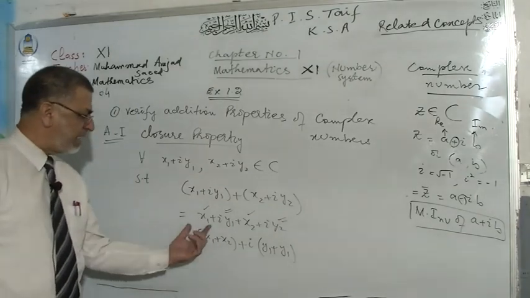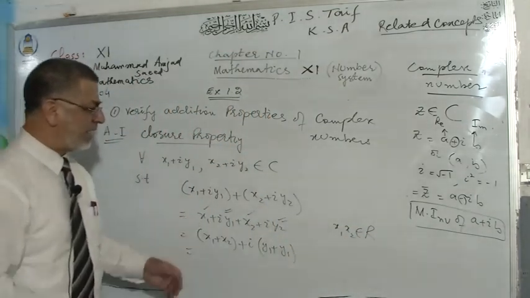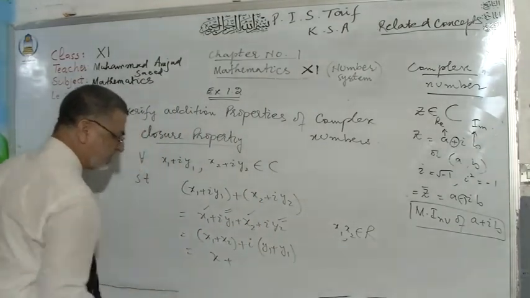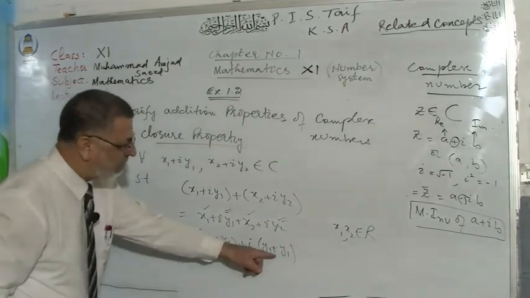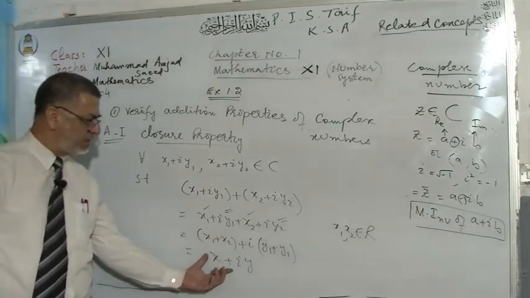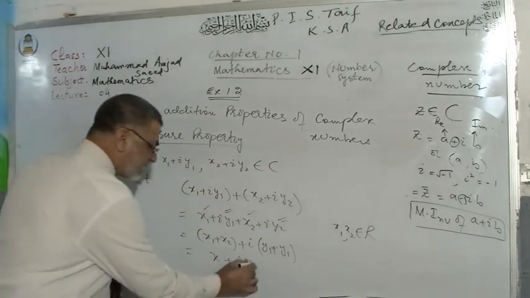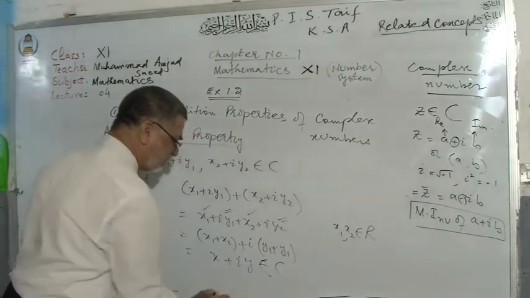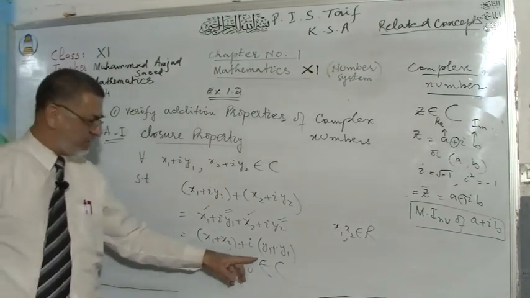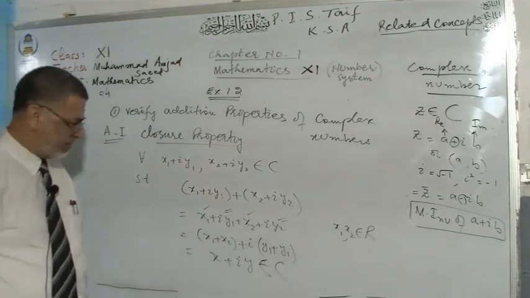Dear students, x1 and x2 were from the set of real numbers. And you know that in the set of real numbers, 2 plus 3 is equal to 5. So you can have x. Similarly, this is iota and y1, y2 also. So this is y. So dear students, check your answer. What type of answer is it? This is again a member of the set of complex numbers. So by adding two complex numbers, you got a complex number which is in the same set of complex numbers. So that's why closure property is satisfied.